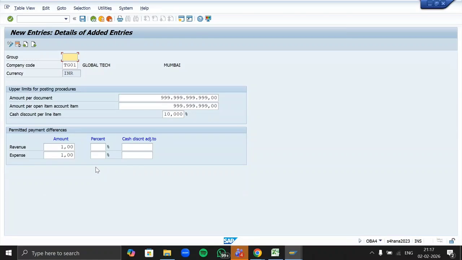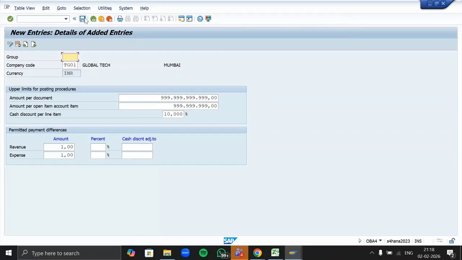Either the difference is 1 rupee more I can take it, or 1 rupee less I can take it. But I can't take 2 rupees more or 2 rupees less. So up to this 1 rupee I can take a difference. It's up to you, you can configure it according to your need or whatever is comfortable for you.